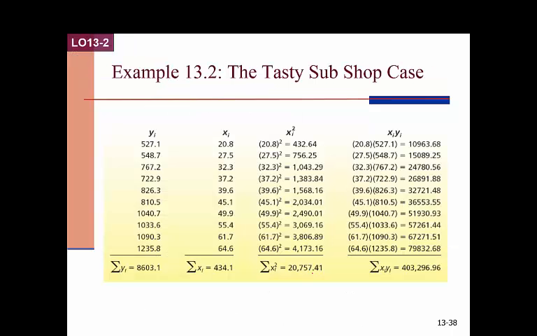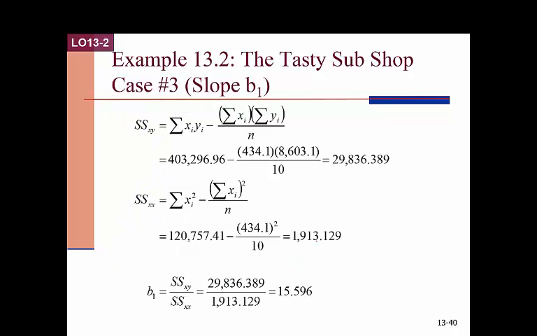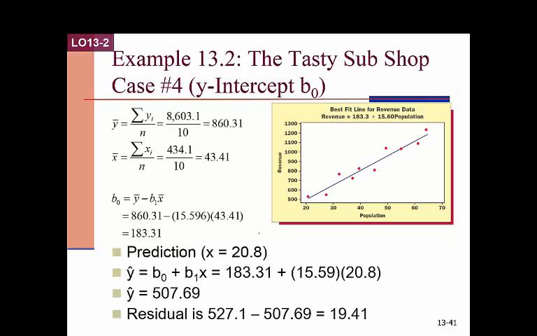Okay. If you were to hand calculate it, you would have to find each value. You have to make squares, you have to make the multiplication of them, and then find the summation of each, and then try to find b0 and b1 using all those values from manually computing these values. Okay? As in this example. But you can also use Minitab, and Minitab will exactly give you the equation of the line in this format